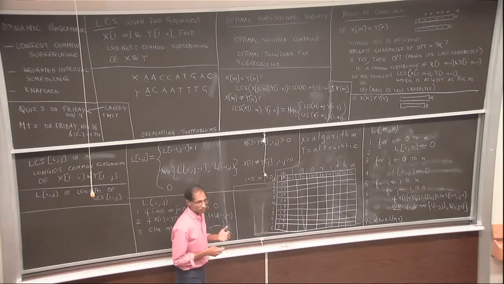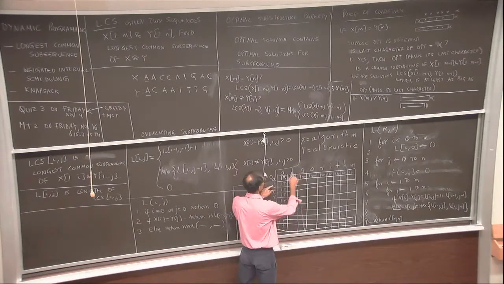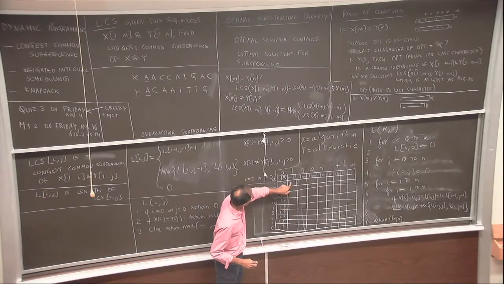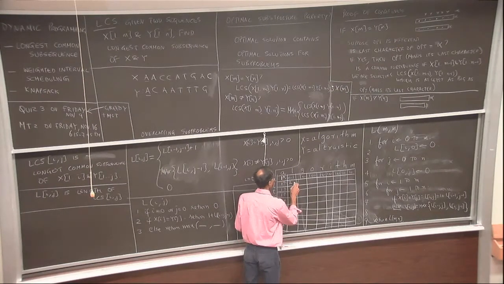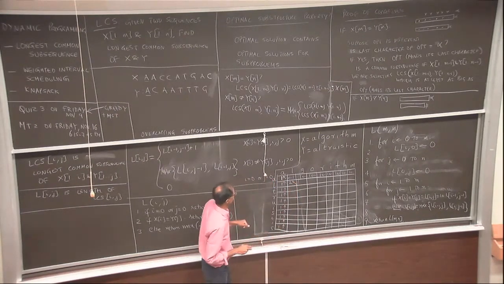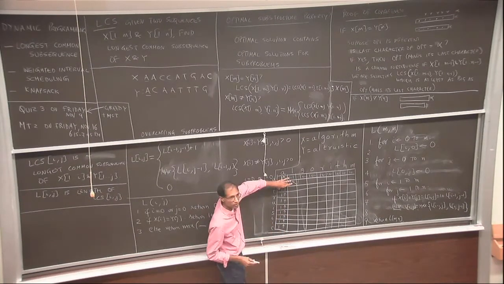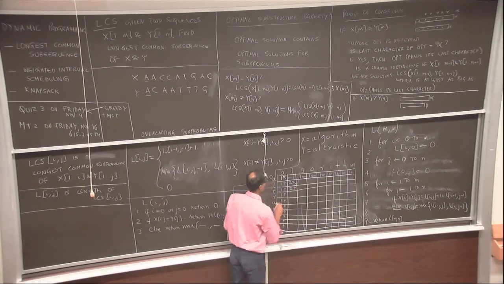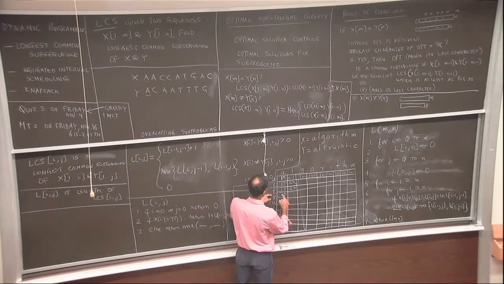Now things will become more interesting. So I'm going to fill in column by column. L and L, do they match? Yes. So I take the diagonal entry and add 1 to it. So I got 2, and I add the diagonal. L and T do not match, so I take the maximum of 2 and 1, which is 2, and then I put an arrow above. L and R does not match,